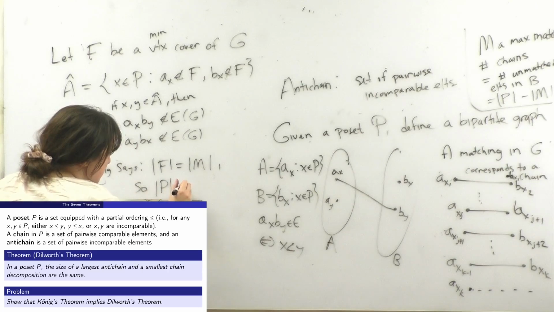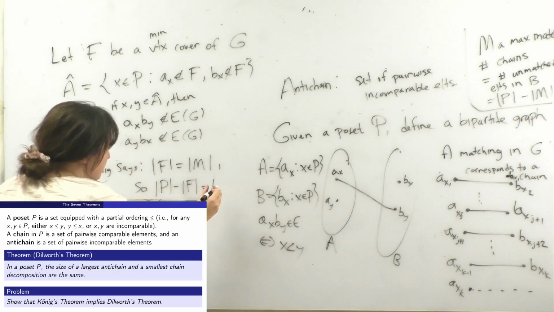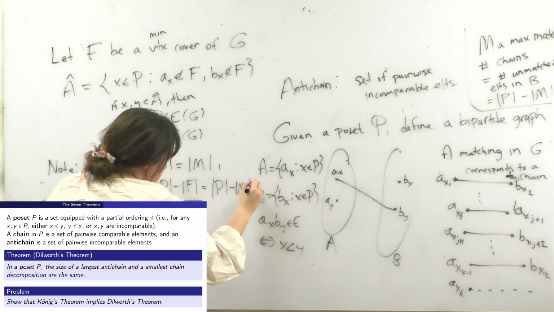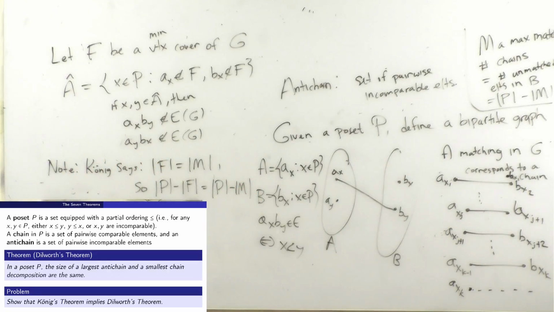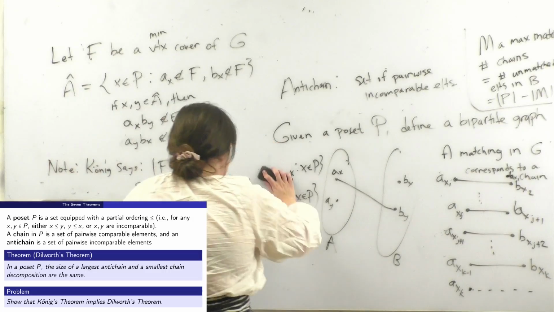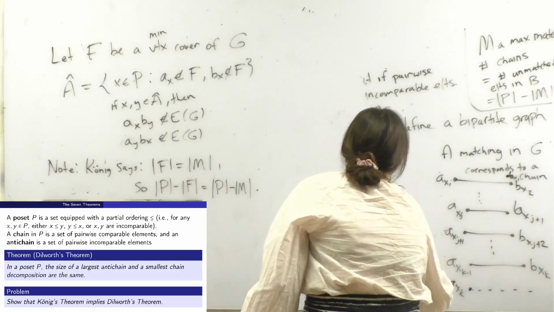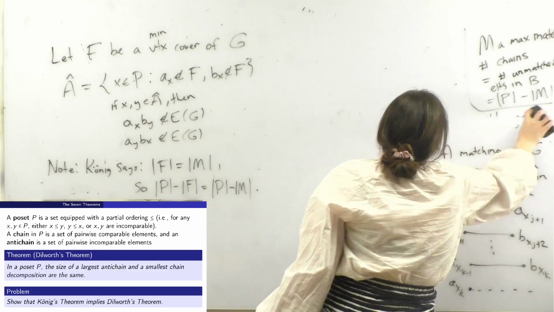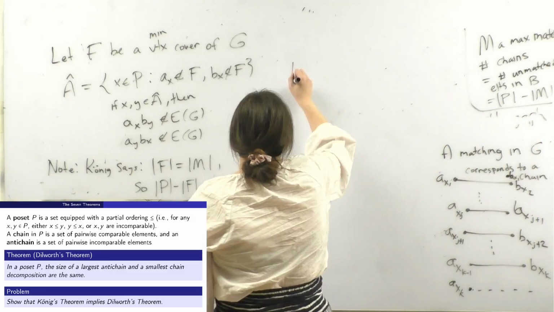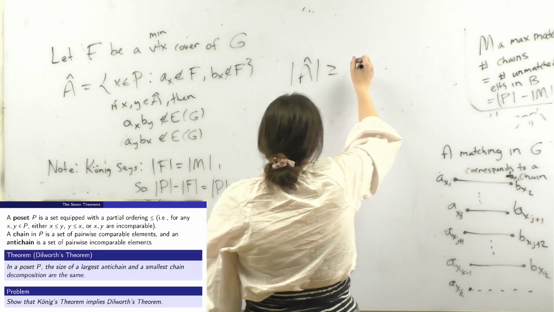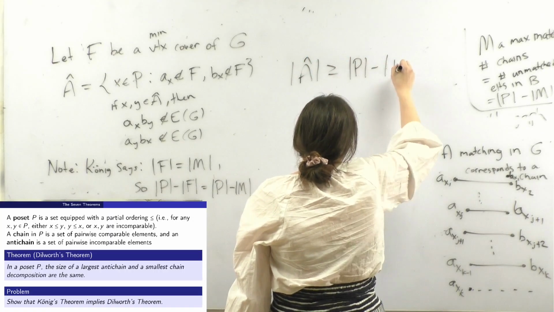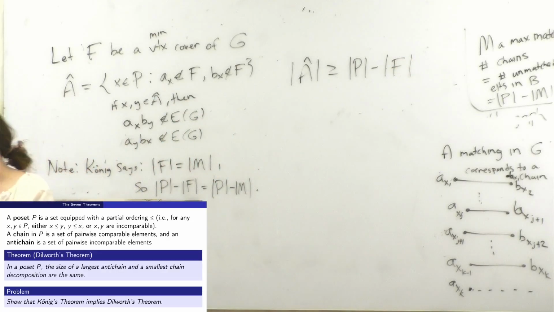So if I take size of my poset minus F, that's the same as the size of my poset minus M. And then the size of A hat should be bounded by this, because I say that the size of A hat is bigger than or equal to that,